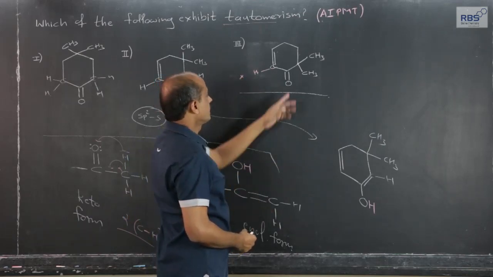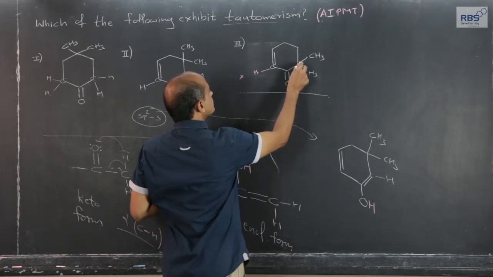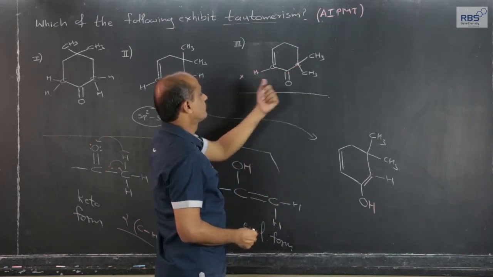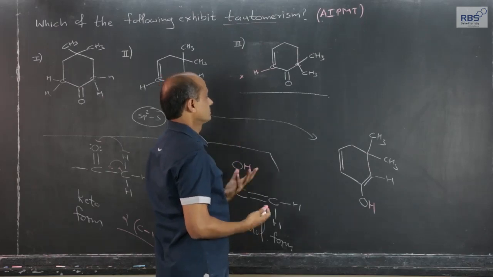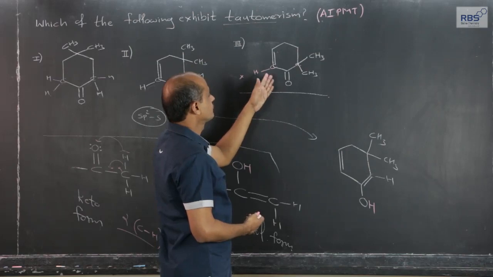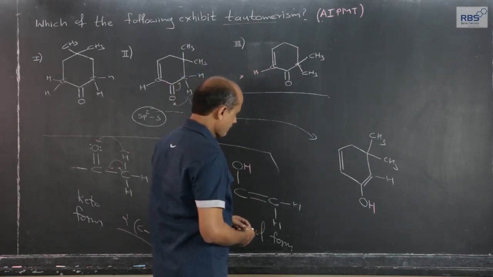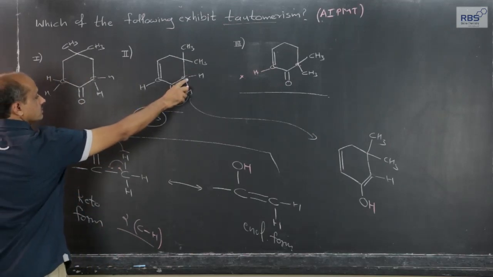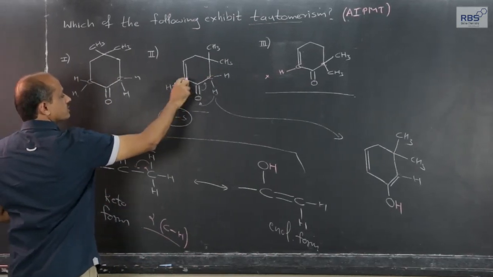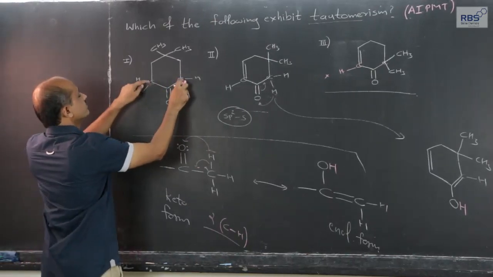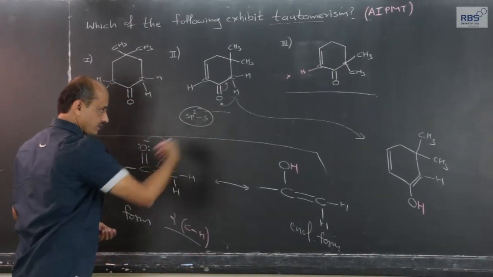enol formation. And here, although an alpha carbon is present, a hydrogen atom directly attached to the carbon is absent, and therefore enol formation, as per whatever we have studied up till now, should not be possible. Enol formation for this is possible by considering this carbon atom and not this. Enol formation for this example is possible by considering both alpha carbon atoms that I have explained to you.